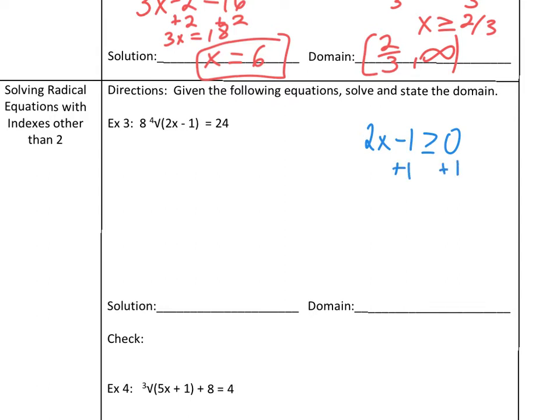Add 1 over. 2x is greater than or equal to 1. Divide by 2, and x is greater than or equal to 1/2. So in interval notation, what's that going to be? 1/2 to infinity. And now we just solve it. First thing,